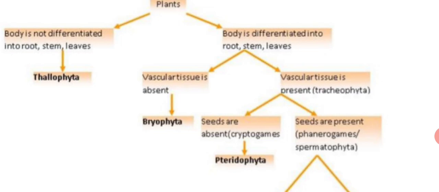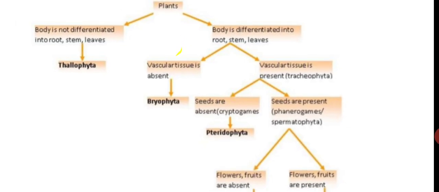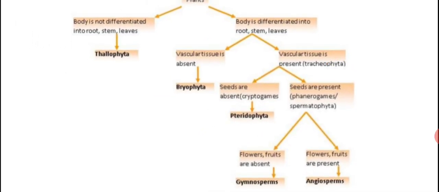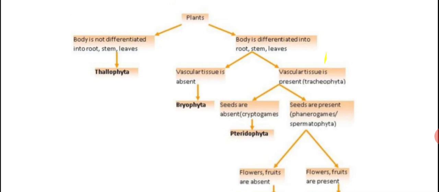So this is the best example of a taxonomical key, which helps to identify a given particular plant or animal species. Okay, so this was the first conclusion from this flow chart. Next, what we can draw as a conclusion from this is that